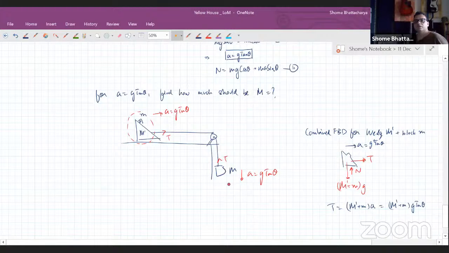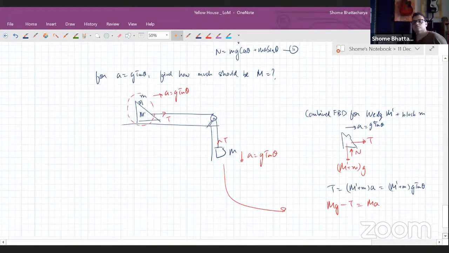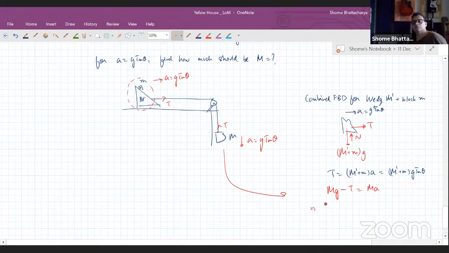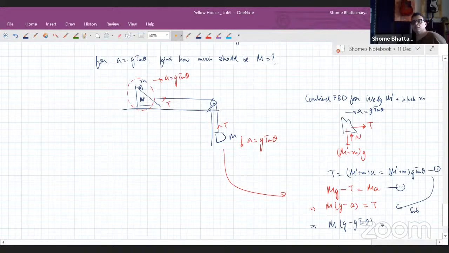And then for this one's free body diagram, this block, we have weight minus tension is equal to ma. So we have M into (g minus a) should be equal to T. Okay. So substitute this here. So this is our equation 1, this is our equation 2. So substitute this here. So capital M into (g minus g tan theta) should be equal to T, which is (m prime plus m)